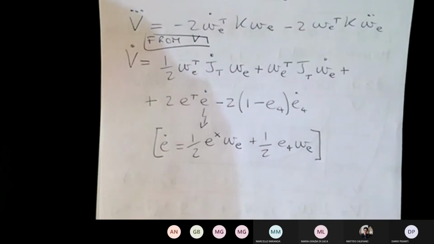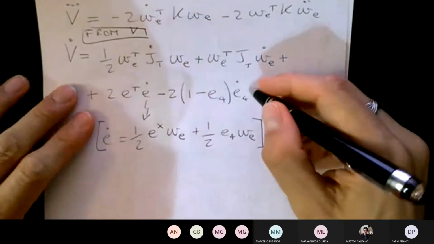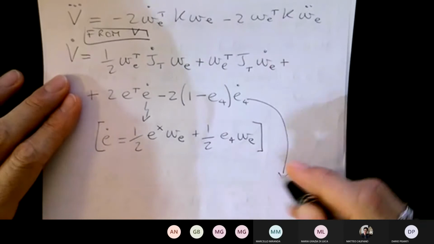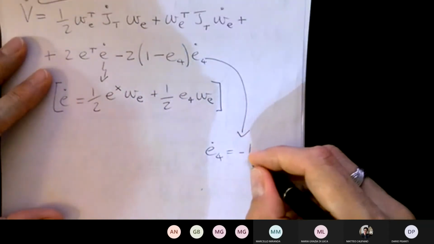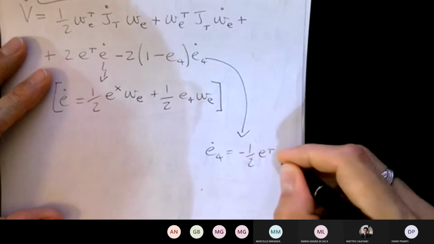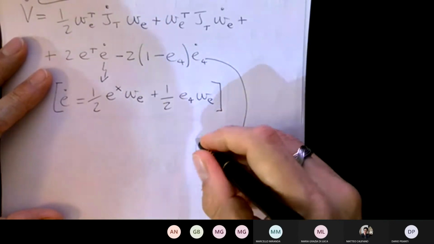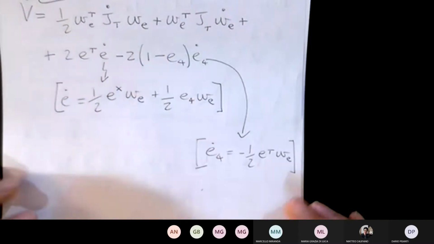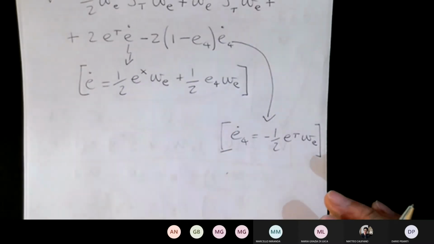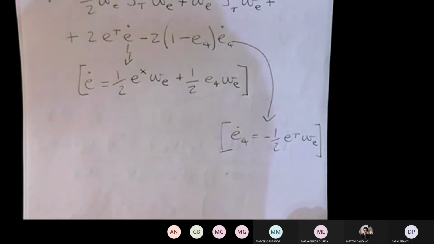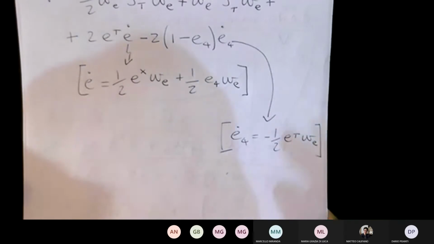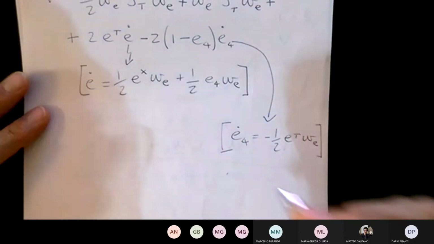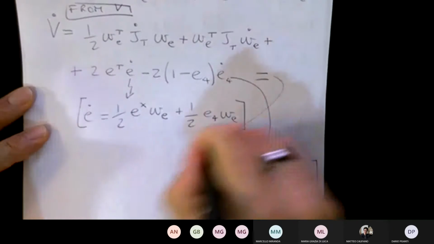Very useful. And likewise for E4 dot, you can prove that this is minus 1 over 2 E transpose omega E. Go ahead and show it to yourself when you have time outside of class, but you have all the information to do so. It's basically, again, the kinematics of quaternion equation. It's just manipulating that a little bit. So this is going to give me,